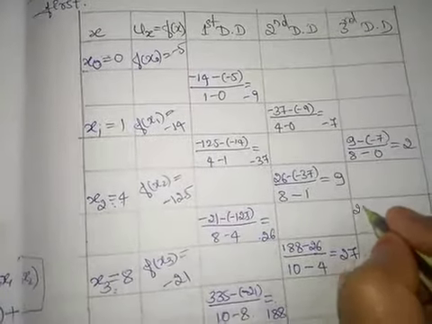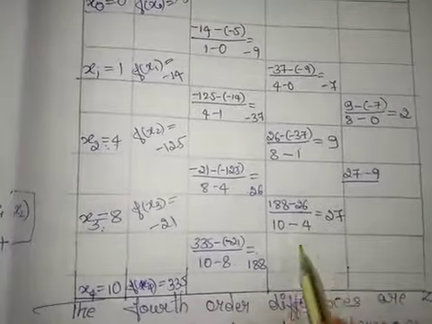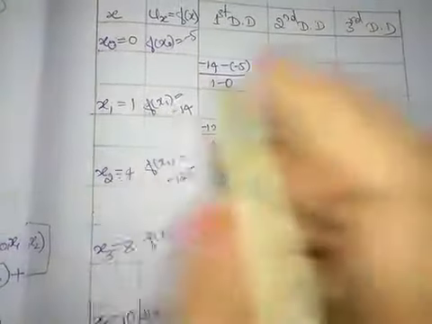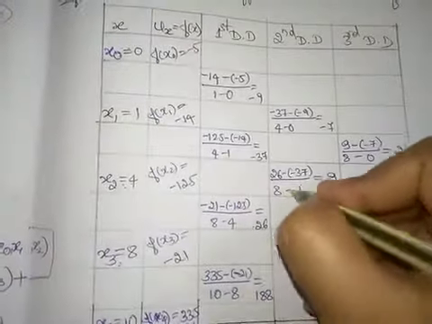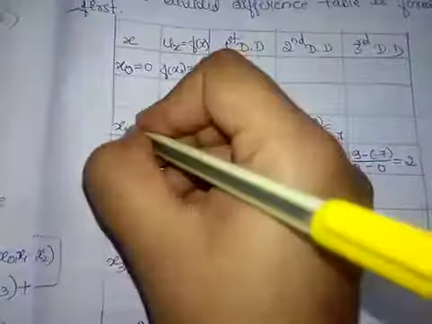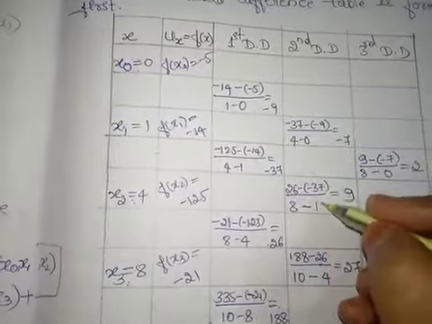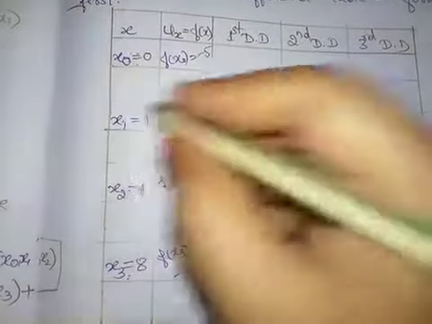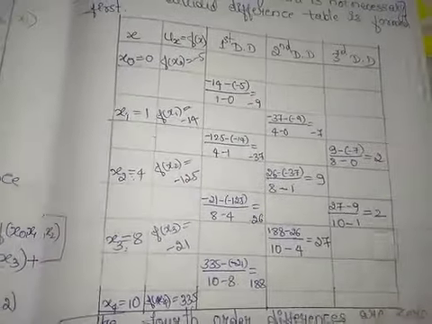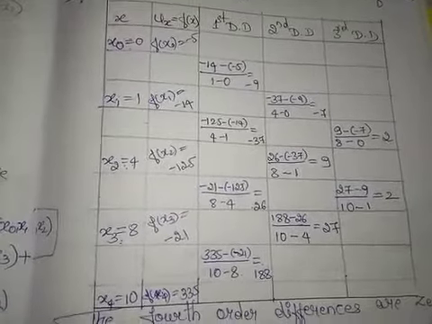Now between these two, 27 minus 9 divided by, the value of x which is below this one is 10, then the value of x which is above this one is minus 1. See, after this value, the first above x value is what? This one. The x0 is also the value which is above this one, but next to this one, the above value next to this one is x1, therefore 10 minus 1 is equal to 2. This is about calculation of difference table. I think now you clearly understand.